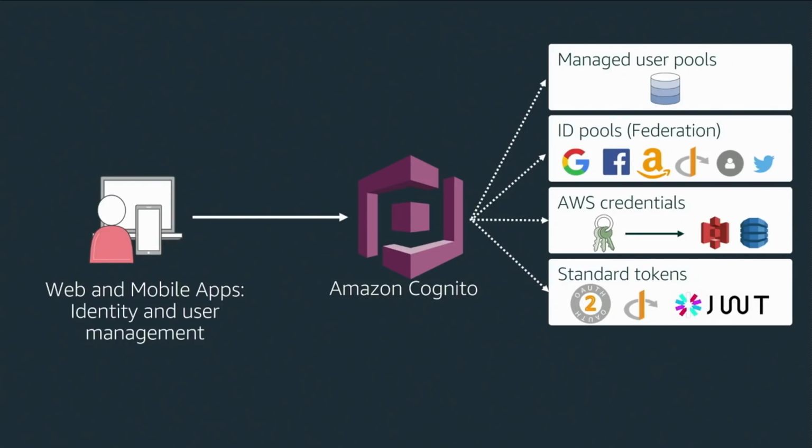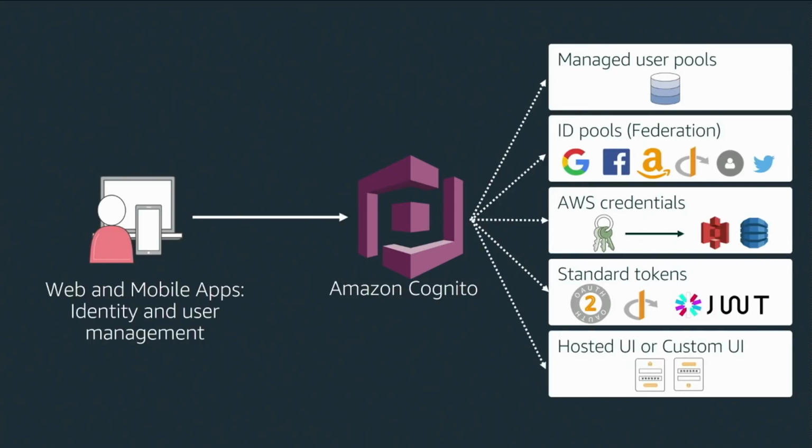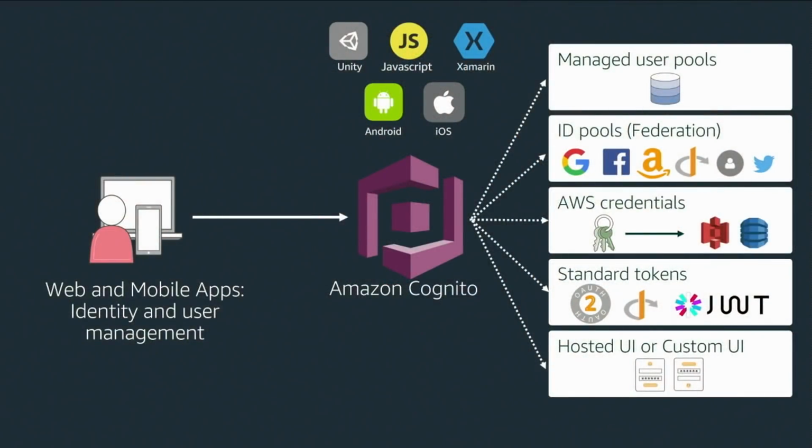We do all of this with standard tokens. If we've used OAuth 2 tokens before, JSON web tokens, that's very familiar, it's very extensible, and we can use it with a lot of our applications. That's what we leverage as well. In addition to the backend, we've made sure to give you a quick and simple hosted UI as well. Whether it's that sign-in page or that reset password page, we provide that out of the box so that you can get started very quickly with this identity management system. Of course, we support all modern frameworks, and you can develop on any mobile platform of your choice.